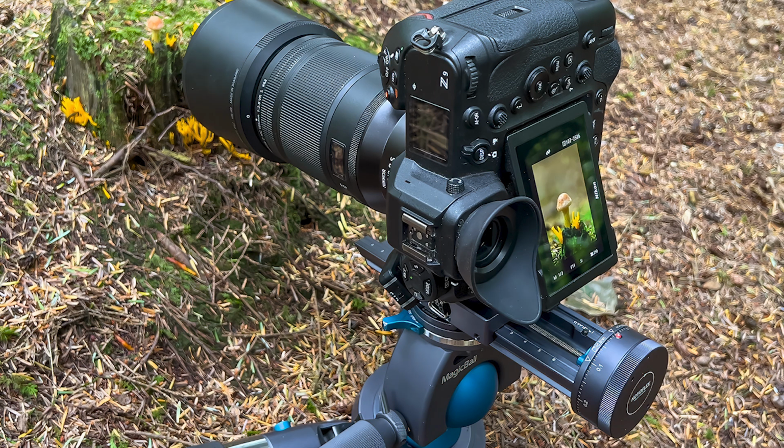But this is typical equipment that I would use when I'm working with magnifications up to life size. So that's a Z9 with a Z105. I find that I don't use the Z105 beyond its one-to-one capability. We had this discussion about lenses and flat field, and I think most of the modern macros today are not designed as flat field macros, and therefore you will begin to see some of the flaws that appear in those lenses once you start to rack the magnification up. I have other systems that I use and carry with me,